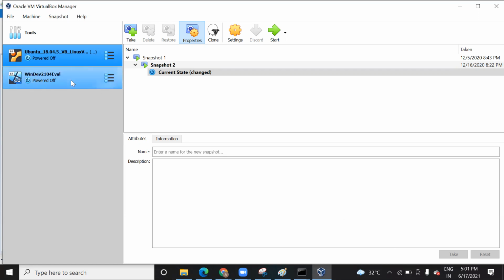So that's why I've installed it in this VirtualBox. In this Windows I can do anything, there is no firewall restriction. The interface is the same, everything is the same, but it is running on VirtualBox, not on my actual host operating system.